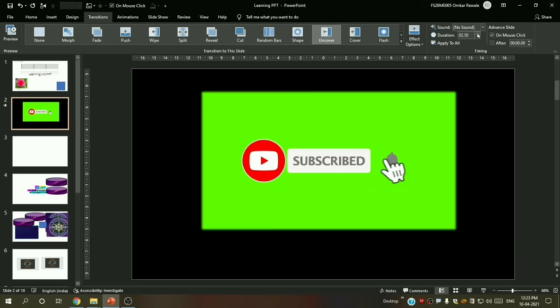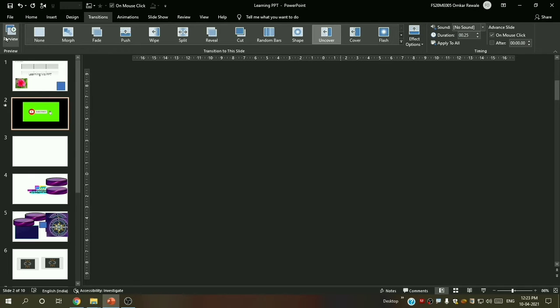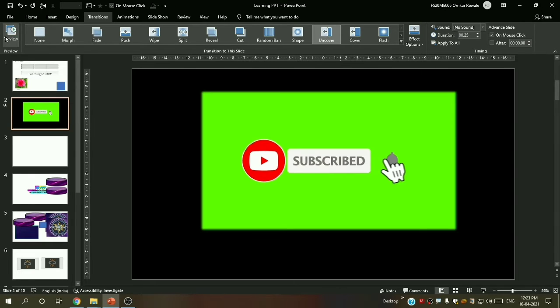You can apply as much duration as you want for the transition. Say I applied only 2.5 seconds. Now let me say preview. See, it happened very rapidly, so you can't see it.